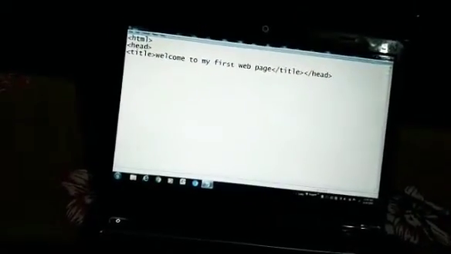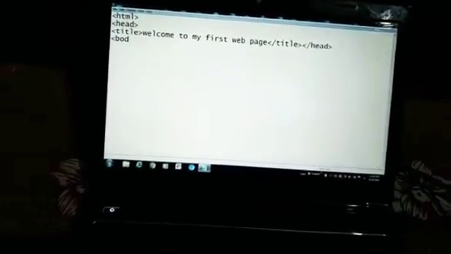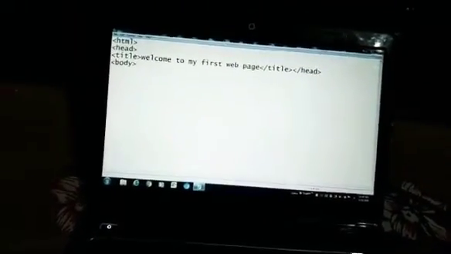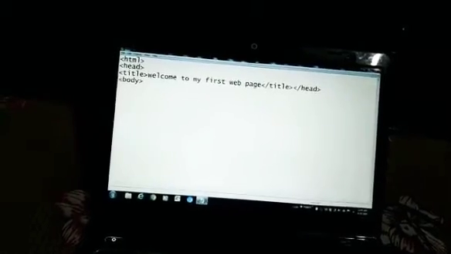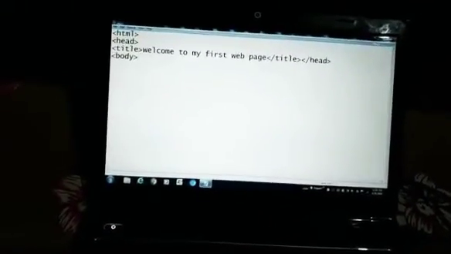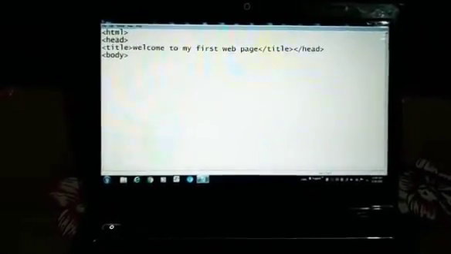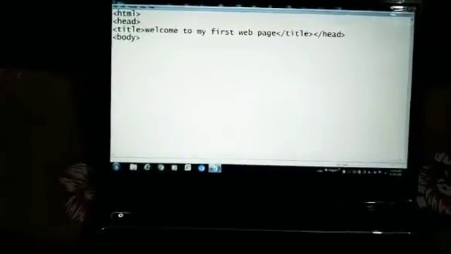And now we will give the body tag. The content which we want to display on the web page comes under the body tag. Now we will type any text which we want to display on the web page.